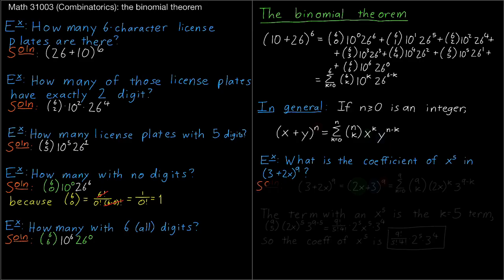So the question is, what do you get? And the answer is not actually all that hard to compute. You can figure this out just from the binomial theorem. 3 plus 2x to the 9th power is the same as 2x plus 3 to the 9th power, and I think that will make your life a little bit easier. That's the sum from k equals 0 to n